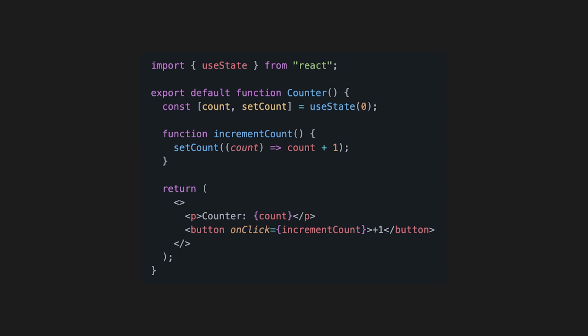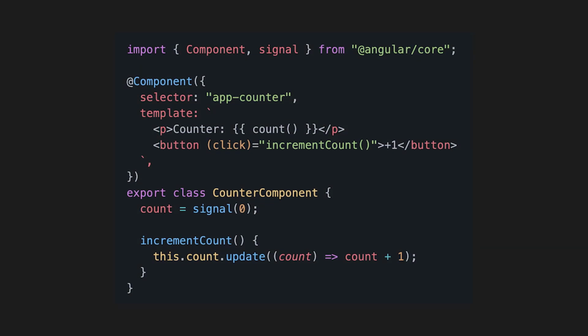When the button is clicked, React re-renders the component, showing the updated count. In Angular, you'd typically declare a signal for your state, like count equals signal zero. Then, you define an incrementCount method that updates the signal, using either a direct set or an update function. In the template, an event binding on the button triggers this method, and the updated count is automatically reflected by